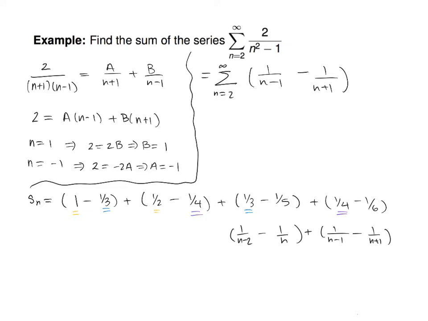And nothing obviously cancels yet, but let's just go back 1 more and see if we can see the pattern. Okay, that becomes 1 over n minus 3. And then what is the second term? 1 over n minus 1. So that would cancel that. So you can see this guy is going to cancel that guy. And if you go back 1 more, you're going to get canceling out the 1 over n minus 2, right? Okay, so then fill in some stuff in the middle there.